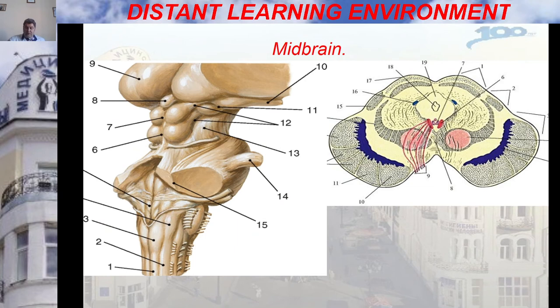The roof or tectum mesencephali, in which subcortical auditory and visual centers are located, and the cerebral peduncles, in which the conducting tracts mainly pass. You may see these peduncles here. The dorsal part of the roof of the mesencephalon or tectal lamina is concealed under the posterior end of the corpus callosum